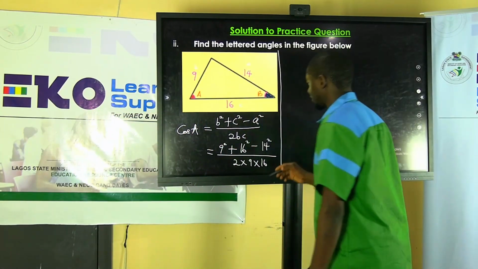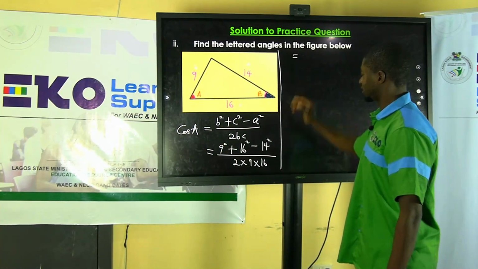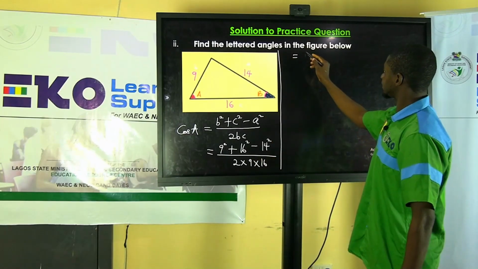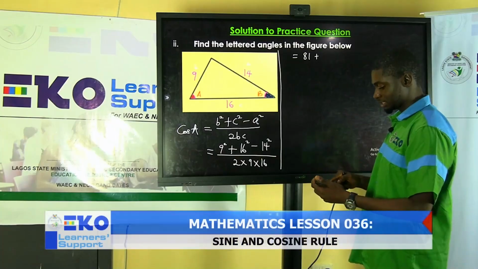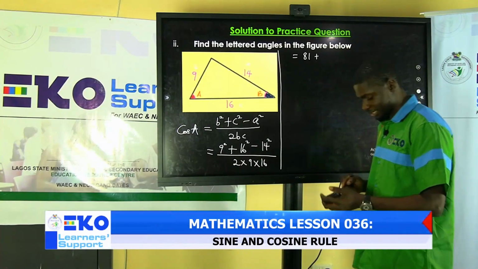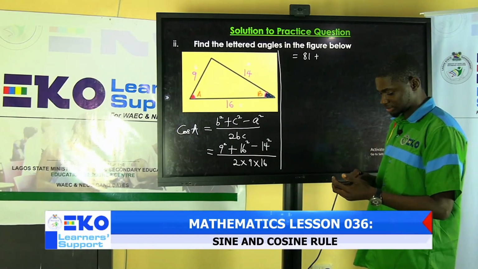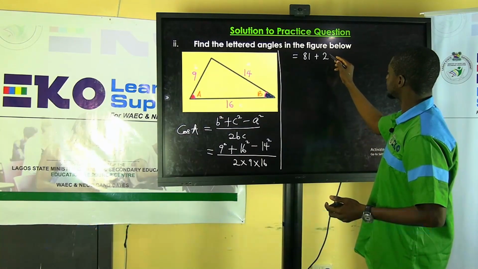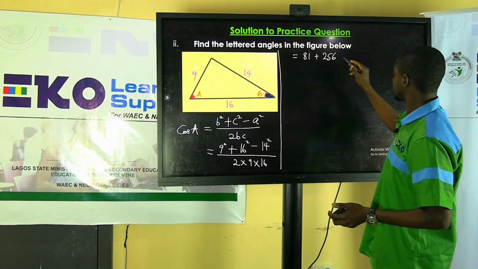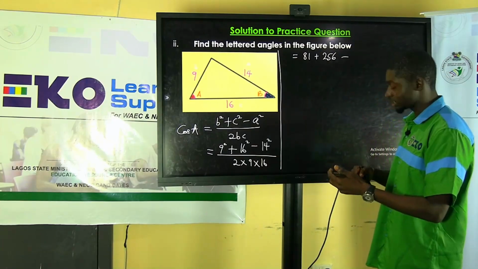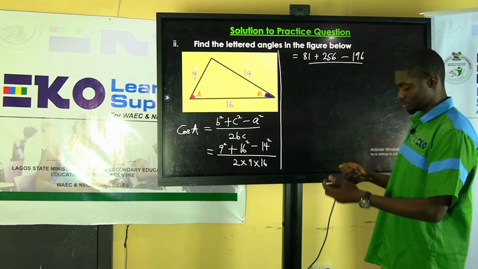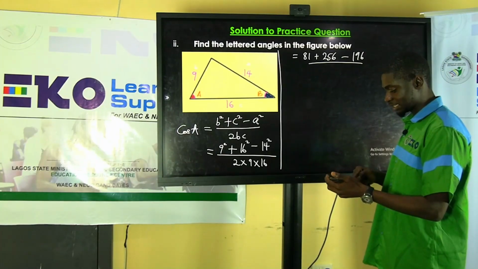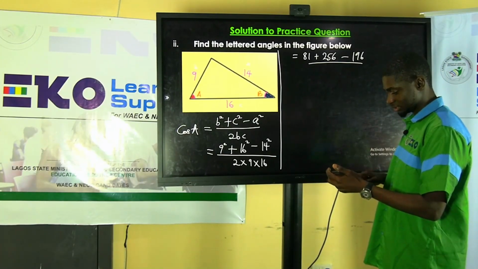Yes, we made that faster. So say 9, that's 81. Right, yes, we can always confirm that. Let's not lean on our knowledge directly. 16 squared, 16 times 16, 256, minus 14 times 14, that's 196, right? All divided by 2 times 9 times 16, which is